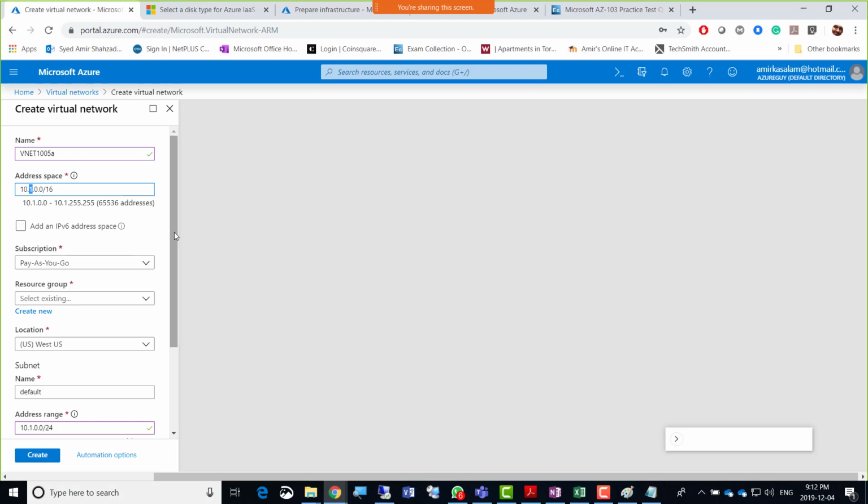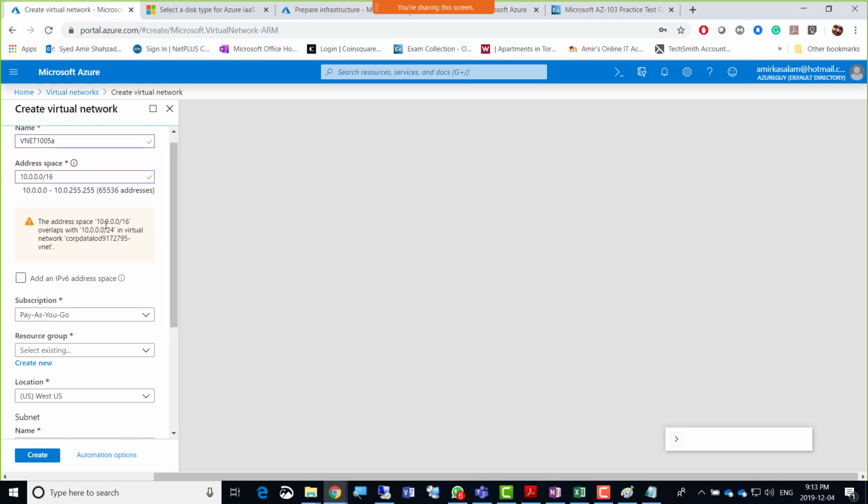I'll just try to make it 10.0.0.0/16 if I don't have a VNet already there. Oh, overlaps. Okay, it overlaps with 10.0.0.0/24 in an existing virtual network. Cord beta also took it.